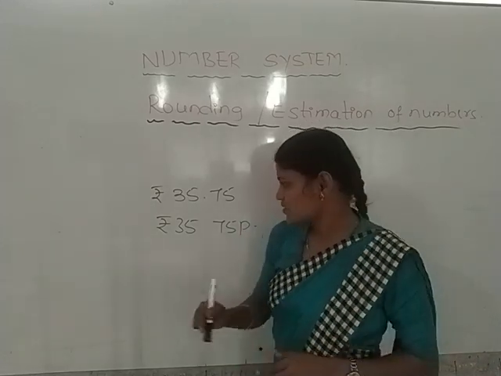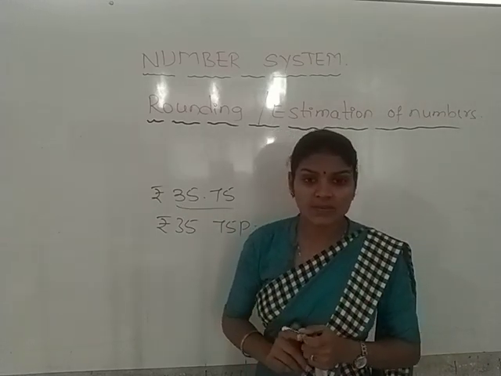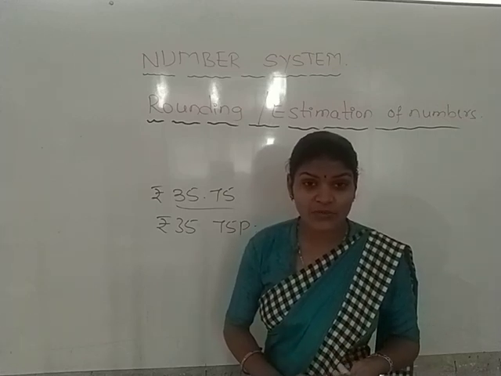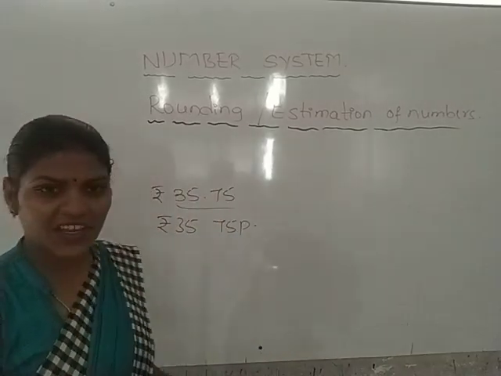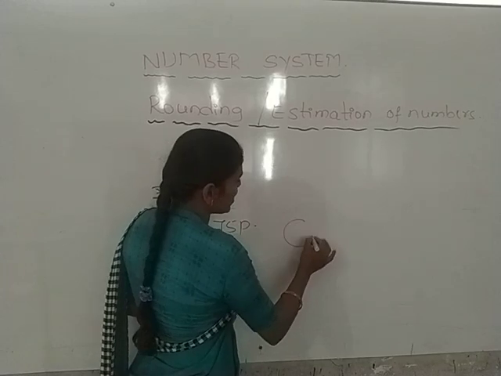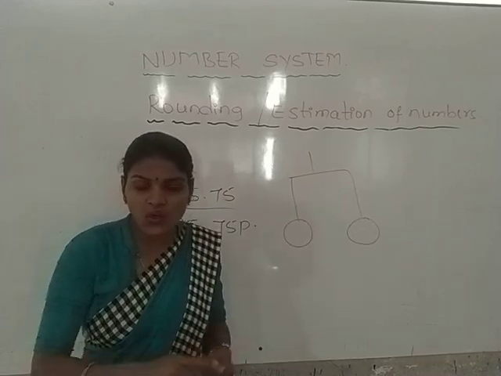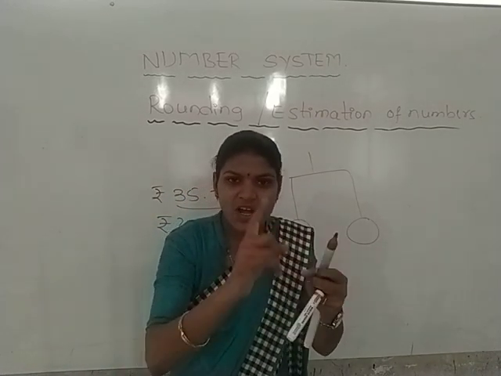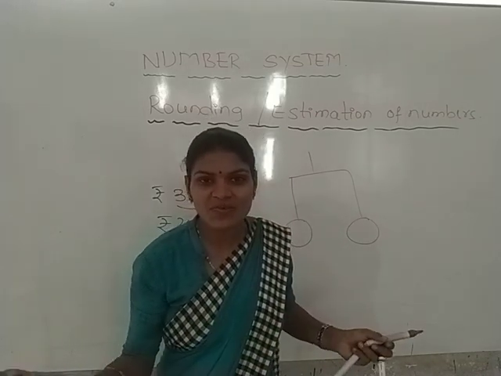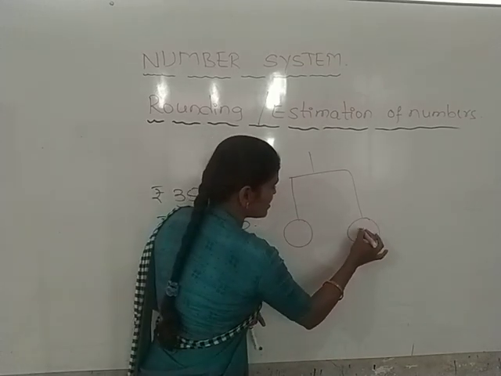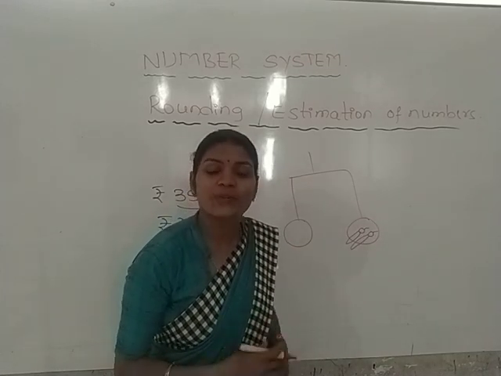This is one condition. Sometimes, I hope everybody has gone to a vegetable market. There you are purchasing chilies. You are weighing the chilies on a balance, yes or no? Or will you count the number of chilies there? Will they say one chili costs 10 paise? No, it's not possible. On an average, you get some number of chilies and bring them by weighing.